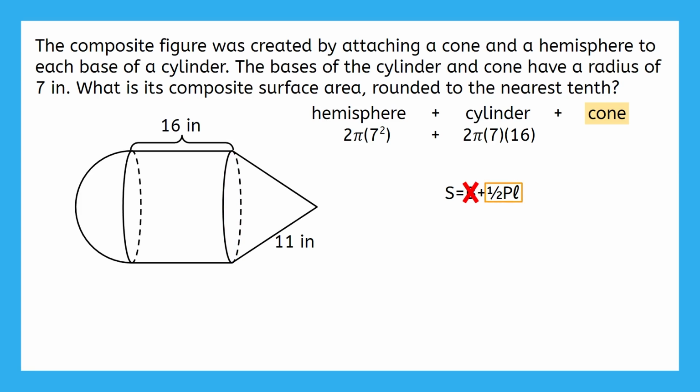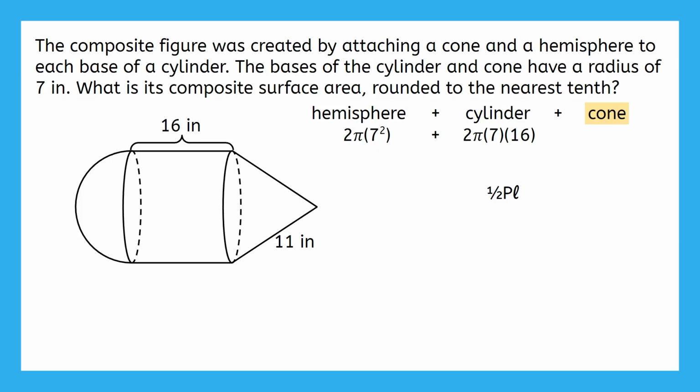What does this whole term represent? In all of the surface area formulas, the terms that involve big P will always represent the lateral area, or the area of curved surfaces. In this cone, that would be this curved surface here. So should this be included in the surface area of the composite figure? Yes, this entire curved surface is still part of the outside of this figure. So this expression represents the surface area that the cone contributes to the composite figure.